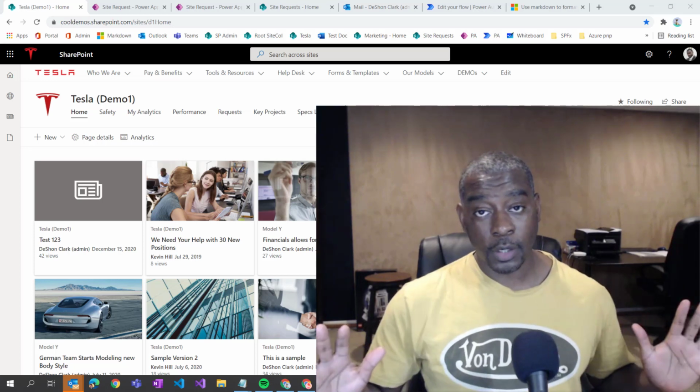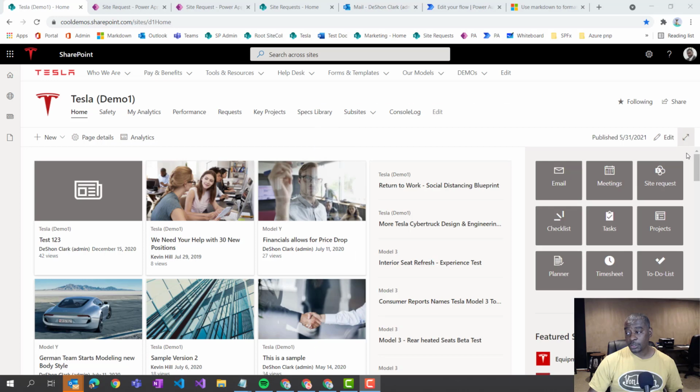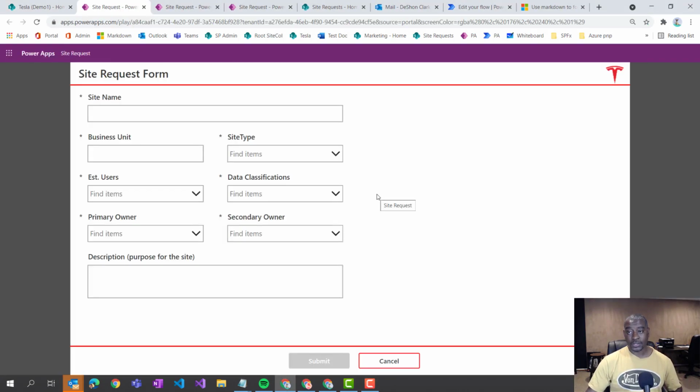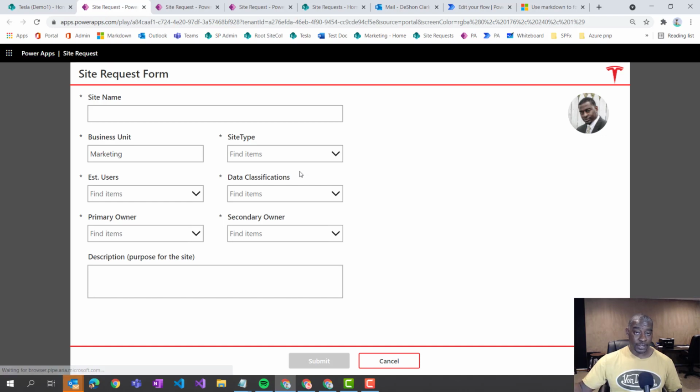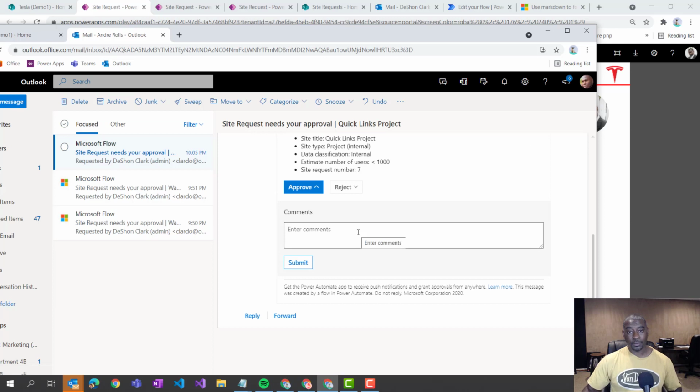Okay, so in this video, we're actually going to flex our Power Automate muscle by leveraging our site requests, and the user can submit the request. It's going to send a confirmation email using Power Automate and then send an email to the approver. The approver would then receive an email notification in Outlook and be able to approve or decline the email right